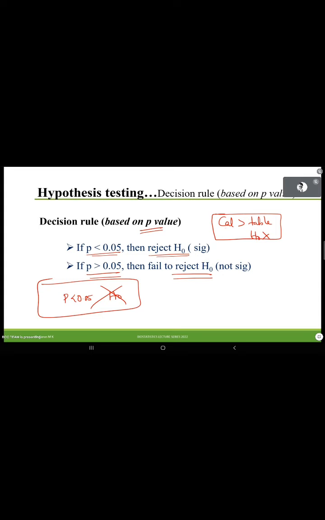As it is a training program, usually we will go for the decision based on the p-value. We have two decision rules. Based on the p-value only, we are going to explain today. I already mentioned the hypothesis testing. We know what it is. We will coin the hypothesis as a null hypothesis or alternative hypothesis, and we will decide whether to accept or reject the same in terms of the p-value. Whenever p is less than 0.05, we will reject the null hypothesis.